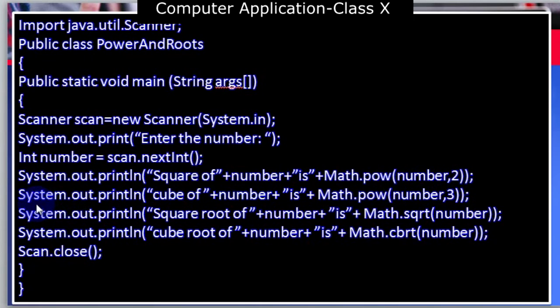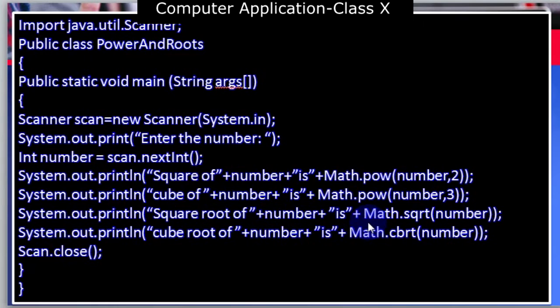Next one is System.out.println cube of number. The second one we are dealing with is cube. Cube of number is Math.pow in the bracket number comma 3. The third one is System.out.println square root of number. Here we are going to do the square root of the number.